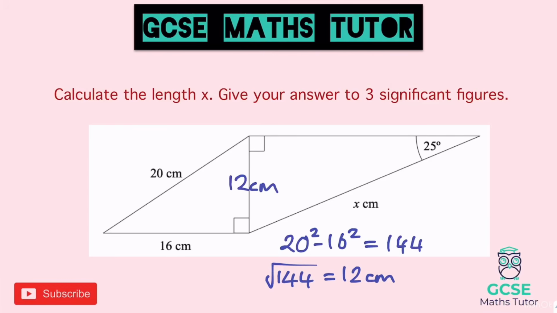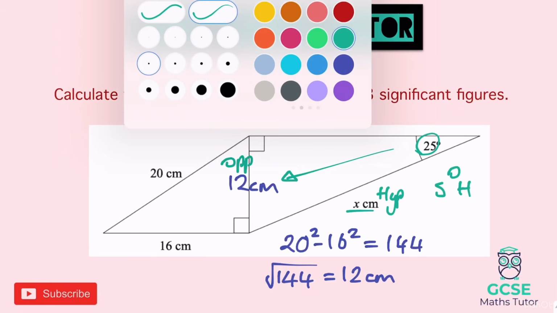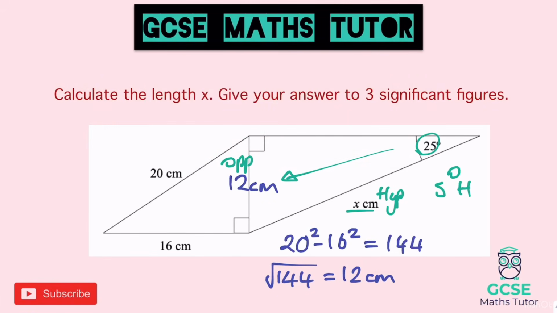There we go. Now we can use that to work out the next part. So looking at the right hand triangle here, 12 centimetres is the opposite the angle of 25, and x there is our hypotenuse. So we've got O and H again. So SOH, and we are trying to find the hypotenuse there. So cross that off and we're going to do a divide. So that's O over S. O is 12, sine of the angle, so sine 25, the angle that we're looking at, and type that into the calculator. So 12 divided by sine 25 equals